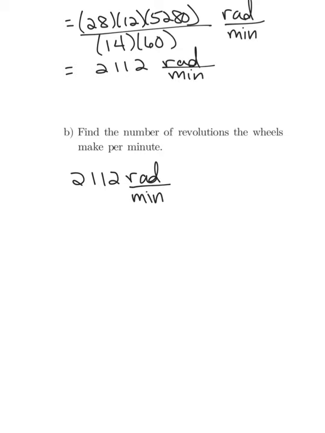So what we really need to do is just take this answer and get radians out of it. So we are going to use the proportion that we know and take this times 1 revolution equals 2 pi radians. Well, now the radians cancel, and you have